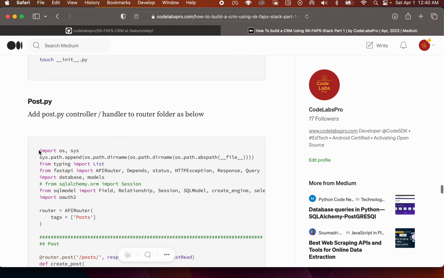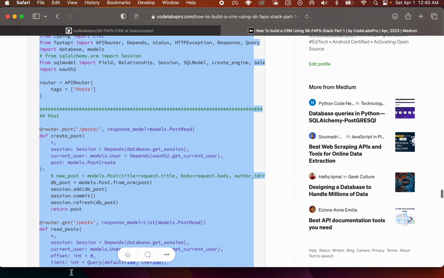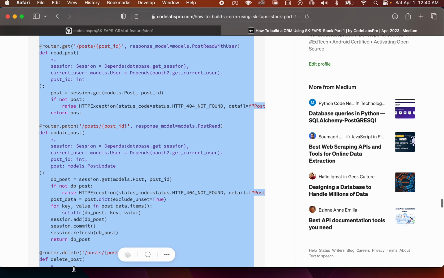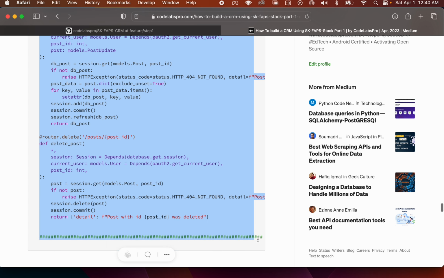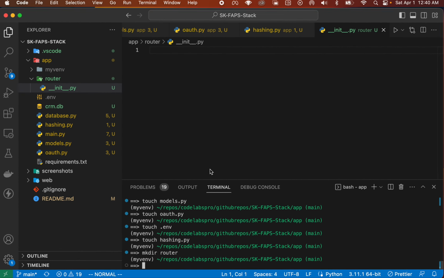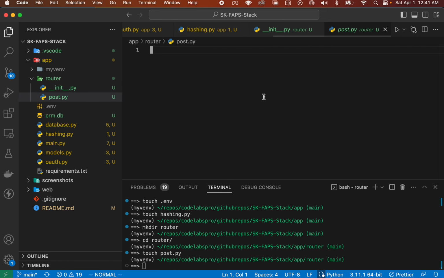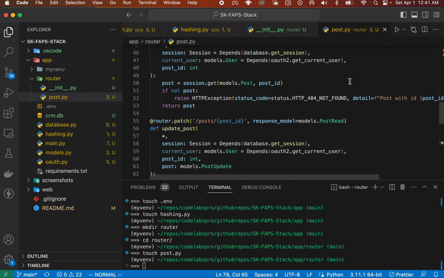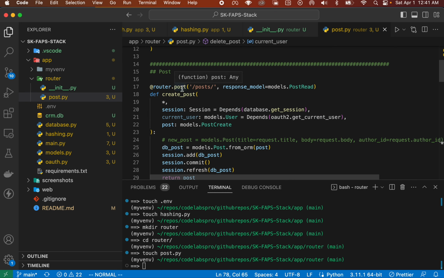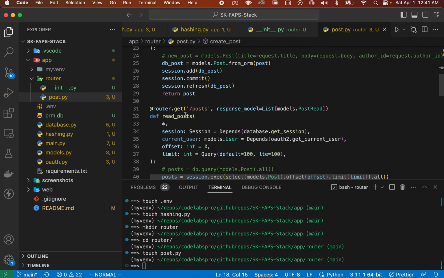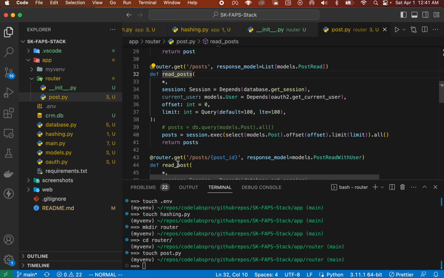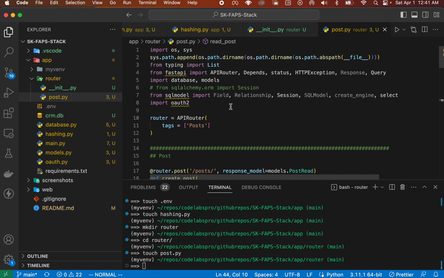Now we can have a post.py. The post.py is going to have the functions which are called for CRUD operations on the post object. So if we switch to the router and create post.py, we can have the CRUD operations for post over there. So this is pretty straightforward. It has create post, read posts, read one post,